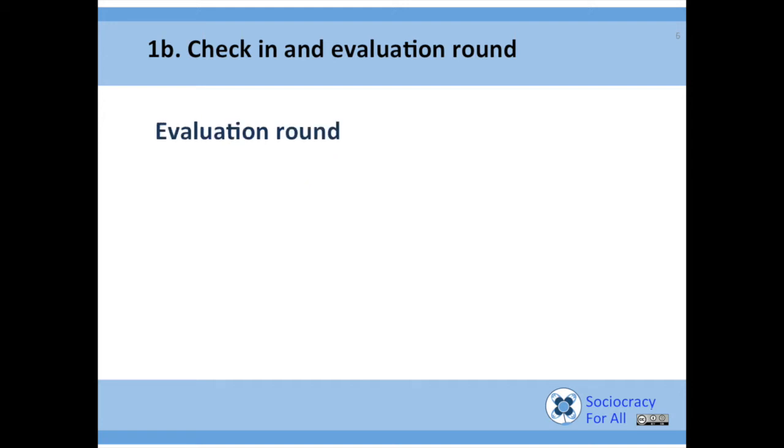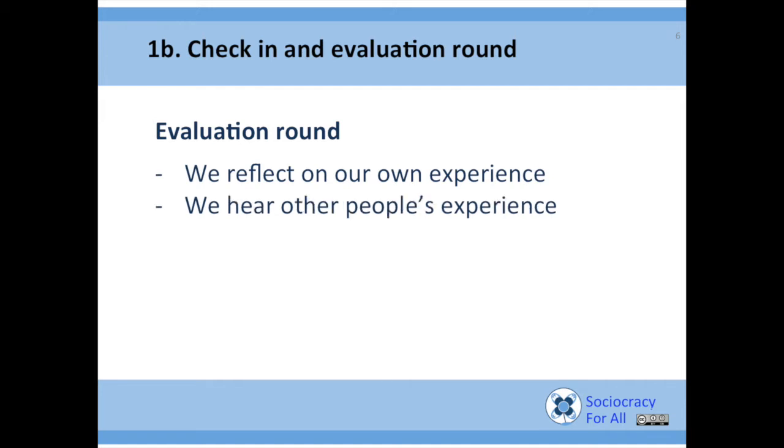Then the opposite of it is the evaluation round, and that is also something that can get skipped easily, but that is a very helpful tool. We can reflect on our own experience, so we don't just rush out of the meeting. We do a round, and so what was this meeting like? And that also means you have to think for yourself. So what was this meeting like? Obviously, if we do a round and hear from everybody, we hear other people's experience that might be different or might be the same. Either way, it's going to inform us.